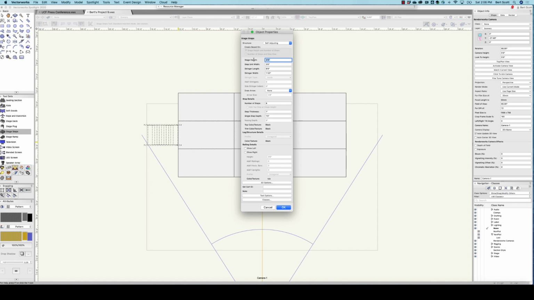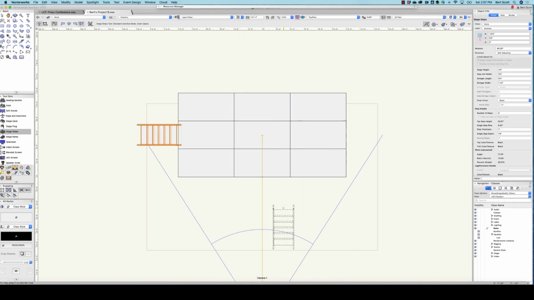So our stage height was 24 inches. The stringer length is this length here. I'm going to skip that for a second and go to the type of stairs. Actually, let me just go ahead and click OK so I can show you what these look like. So if we go into